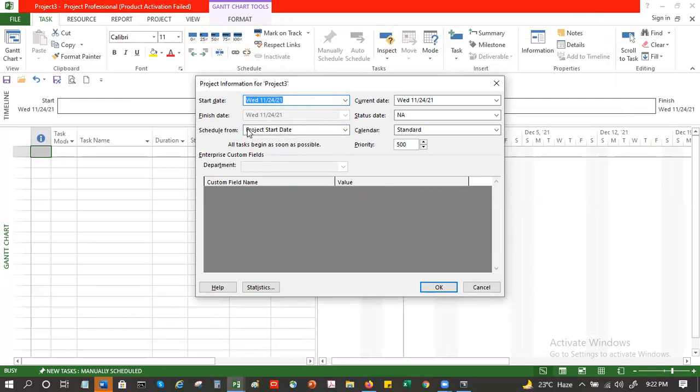You see this? Yeah. So this screen will prompt you to enter the project start date and the calendar. Calendar has the working hours that you can customize as per your project need. We will see that in a few minutes. But if you don't check that box, this screen will not come.